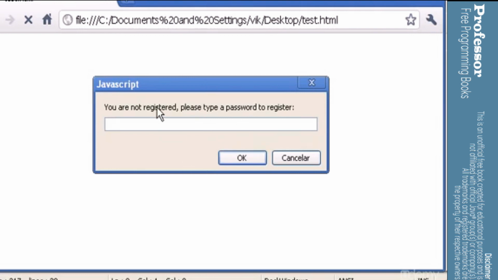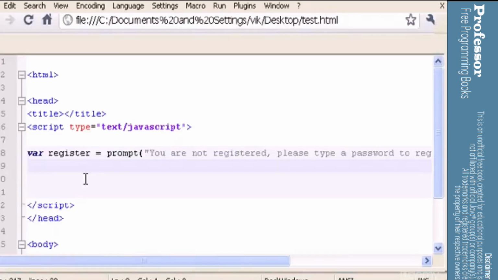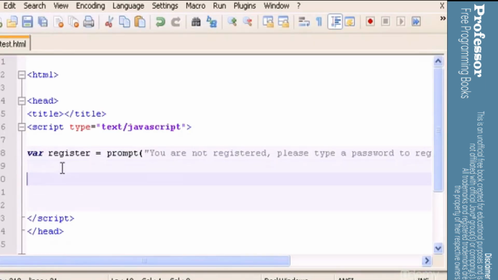There it is. The prompt is this pop-up box saying you are not registered, please type a password to register, and then we have a little blank space to type anything we want. In this case we will type a password here, but if we click OK, nothing happens because we didn't complete the code yet. So now we're gonna build 2 different functions. One function we're gonna build